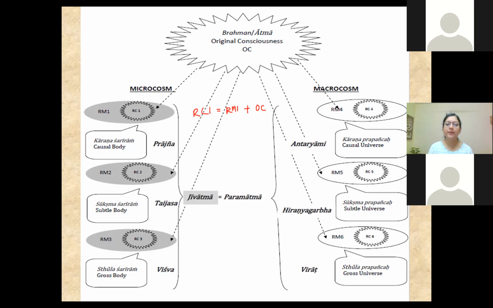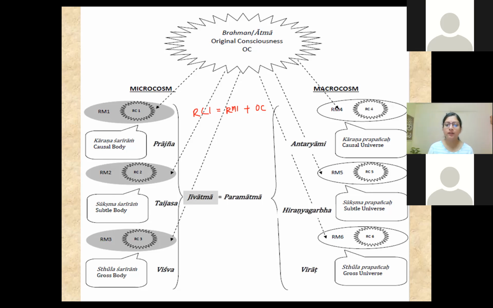Okay, so when you try to compare the bodies, the RM, say the physical body or subtle body, it will never work out. The equation will never make sense. And so you have to drop the RM and realize that the essence of both is nothing but OC. Only upon dropping the distortions, we see that all that remains is OC. So from OC point of view, Vishwa and Virat are the same. But from RM point of view, Vishwa and Virat are very much different.